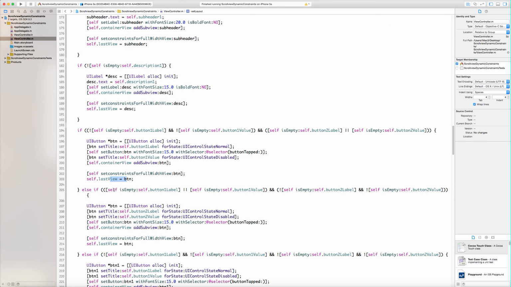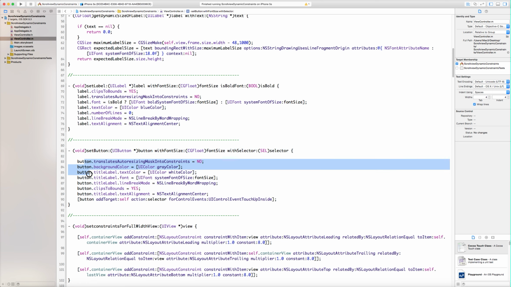And again, if button 1 label or button 1's value is empty and button 2 label and button 2 value must not be empty, then it means button 2 needs to be added in the container view. So here the button is alloc and init, and then set its values like titles, and then configure the button.